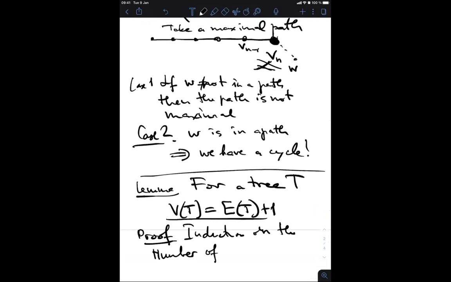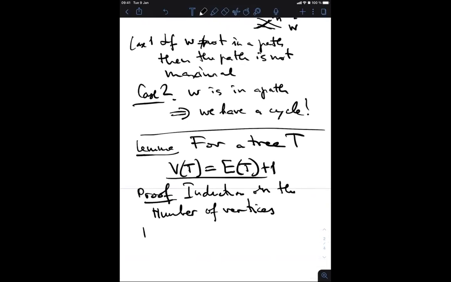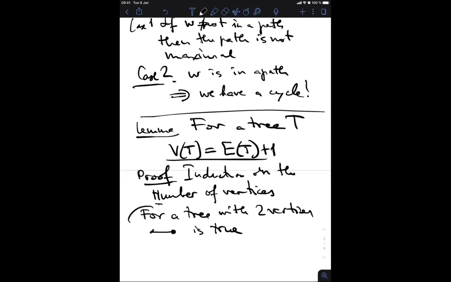Okay, so for a tree with 2 vertices, we just have 1 edge, and it is true. So this is the induction base. Now the induction step would be,